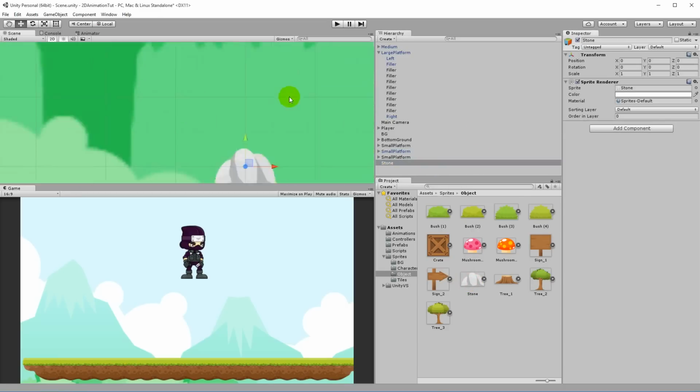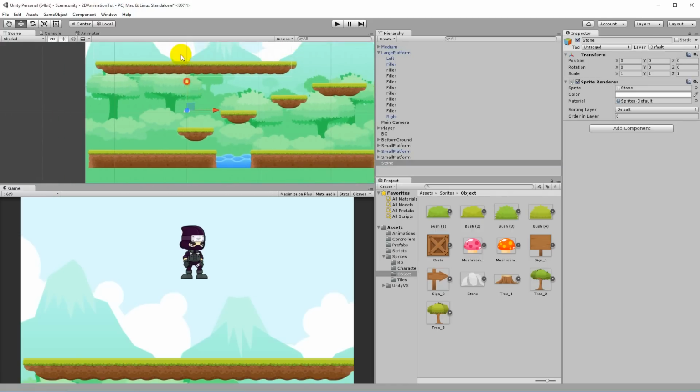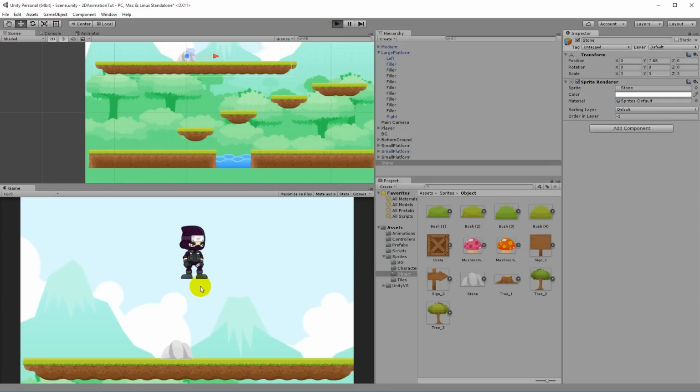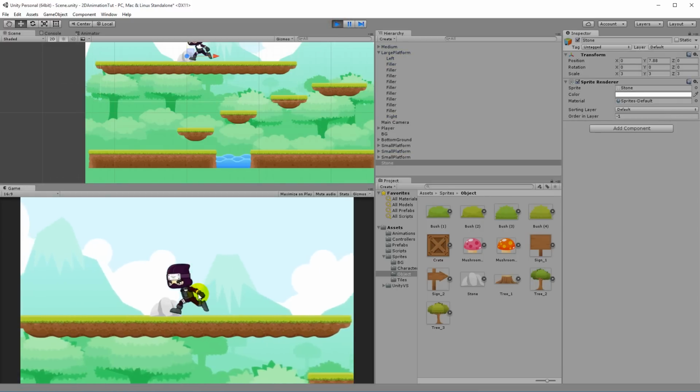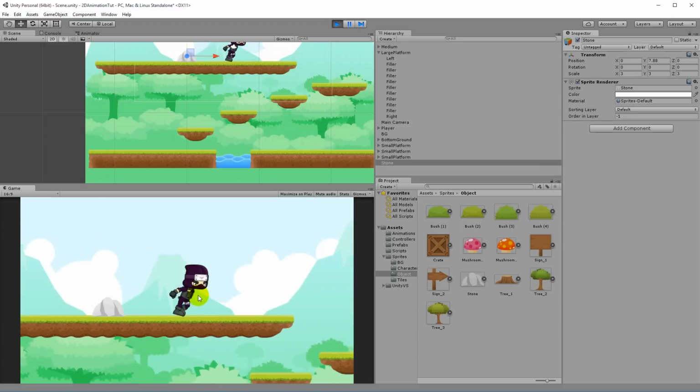The other things here, for example the stones or something, should be easy for you to just drag into the scene, place somewhere, and then simply make them larger, like this or something. Maybe that's a little too large. Like this, and then just place them somewhere, like behind the player, for example, so that the player can walk in front of them, like this.